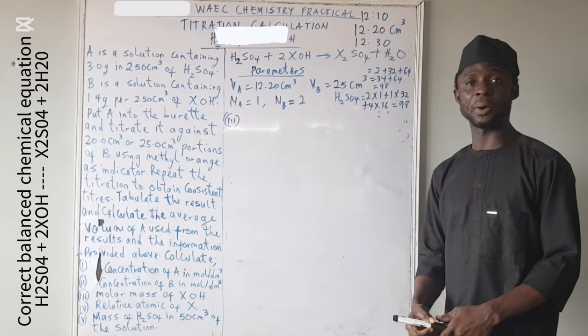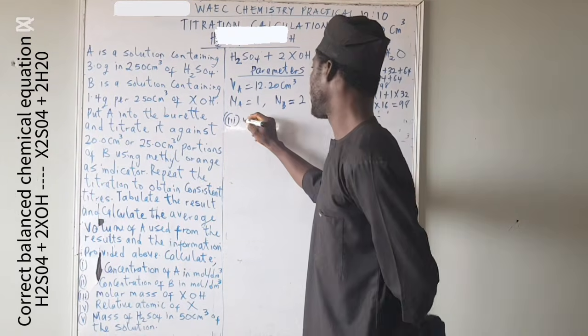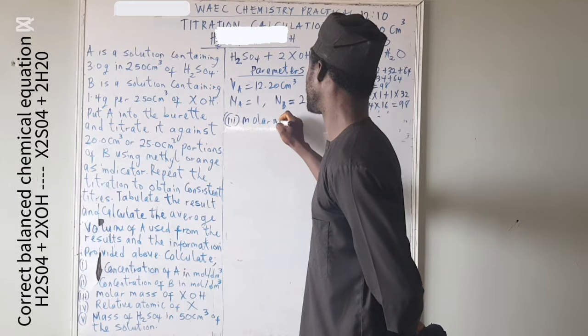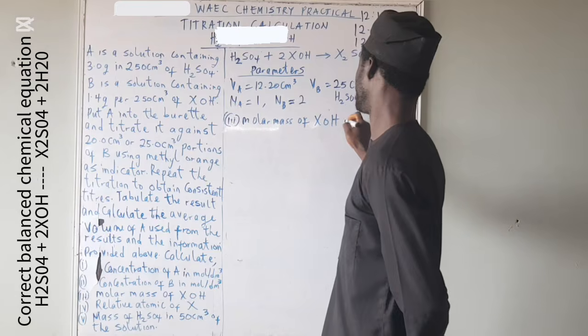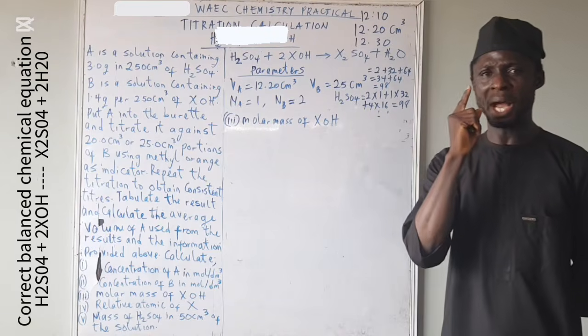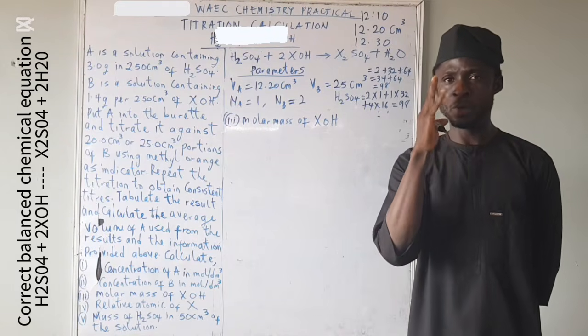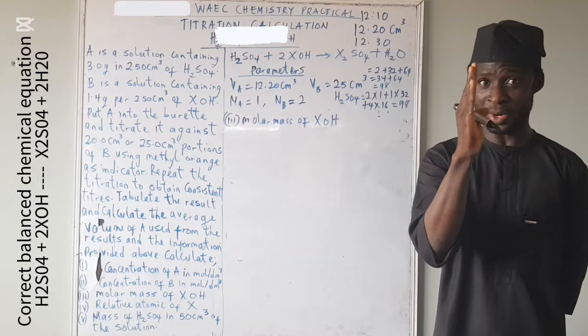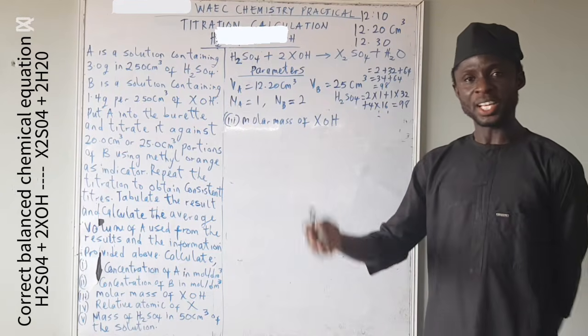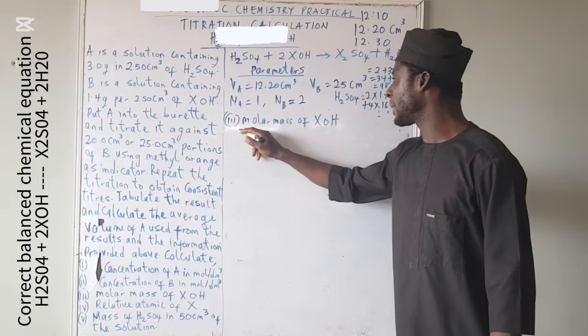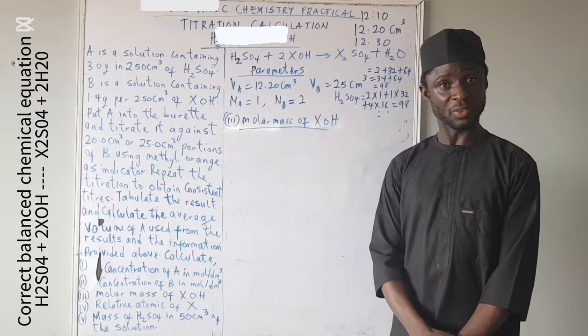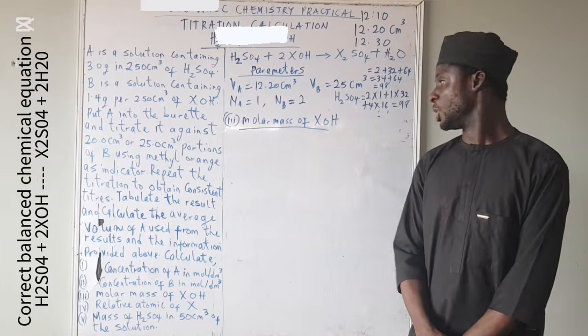Now our XOH is our base. Now we want to find out the molar mass of XOH. Don't forget that in our titration calculation, we majorly use two formulas. Now let's look at those two formulas. If you look at the formula that contains molar mass, that is the formula that you can use to calculate this question. So the formula is